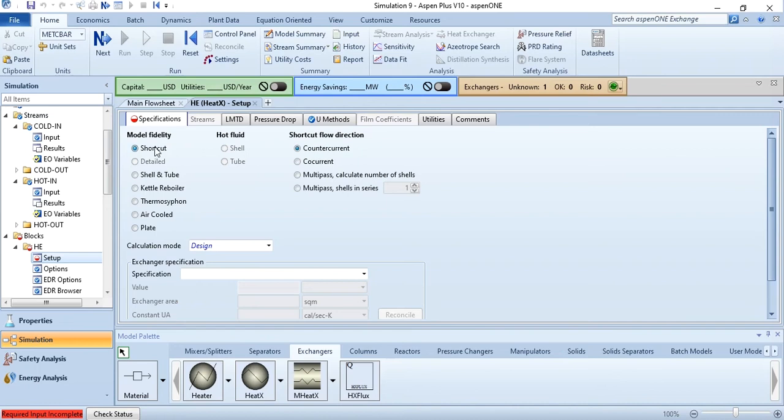And once you select shortcut, you cannot specify which side the hot fluid will be placed on, because you are not doing the sizing analysis or the rigorous analysis. So it doesn't matter whether the hot stream is in the shell or in the tube, because you are not specifying it in the shortcut method. कि आप shortcut method में ये नहीं बताते कि hot fluid shell side में जाएगा या ट्यूब साइड में जाएगा, चाहे वो विस्कस है, corrosive है, कुछ भी है,